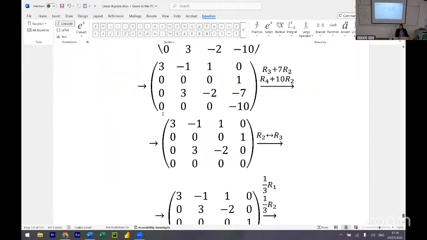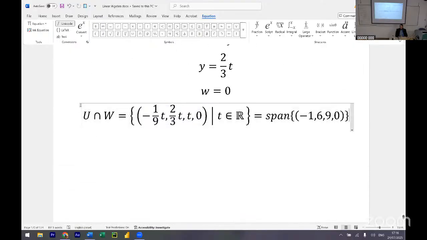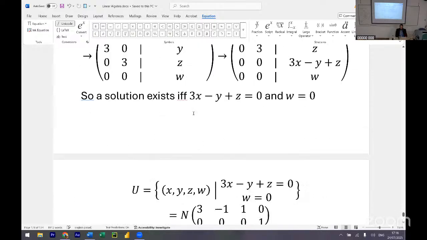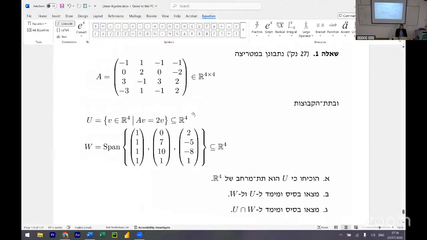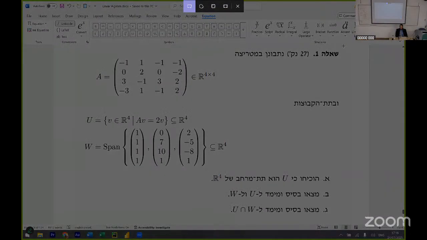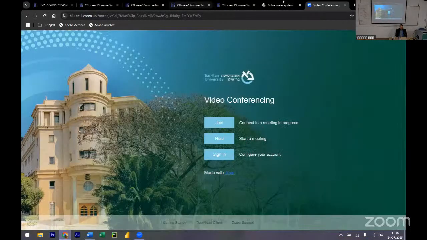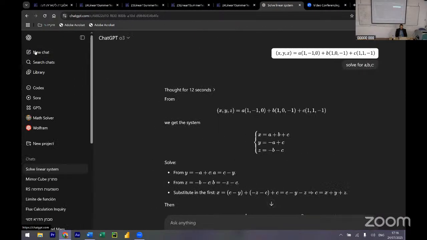And we know the dimension as well. I didn't write it. I'll write it before I go back to GPT. What's the dimension? 1, exactly. It's a line, but it's a line within the 4-dimensional space. That's why I can't show it to you. But I can ask GPT the following. Solve Gimel. I'll tell it in Hebrew, but answer in English. Yes, because the math is upside down in Hebrew.